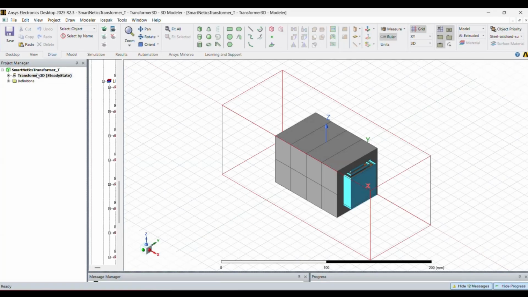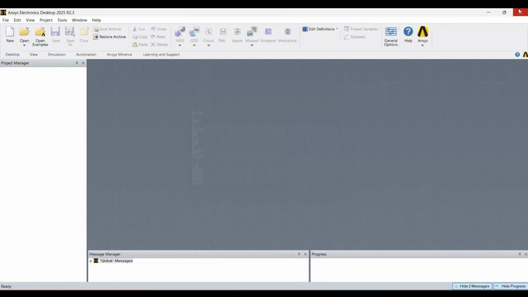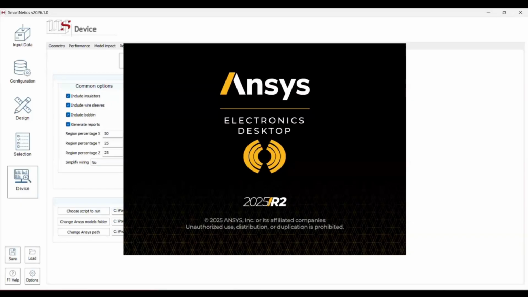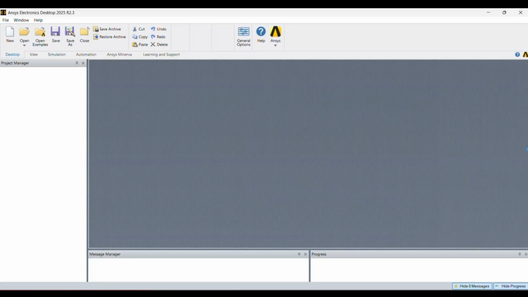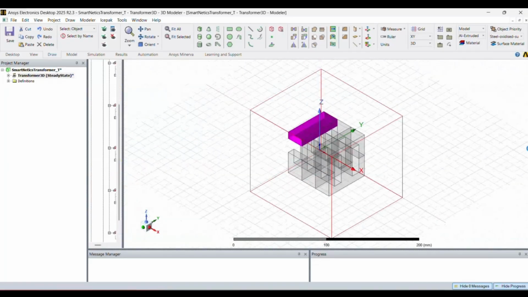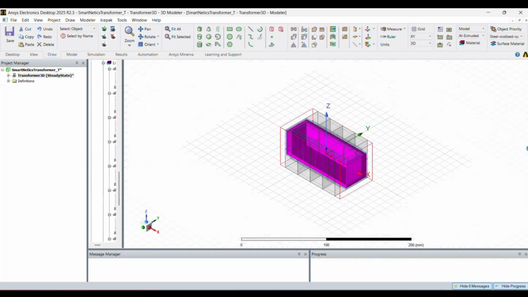In this case, I will just change something because I forgot something. I will erase this. I will include the fans because that's what I want to show today. Okay, and I will export again. In ANSYS, you will see a very accurate reproduction of your device, as I was saying, including the wire sleeves even, or the insulation, everything. And in this new release, since we have added the option to calculate your temperature using a fan, you can also export the same fan to ANSYS. So I will show that in a moment.